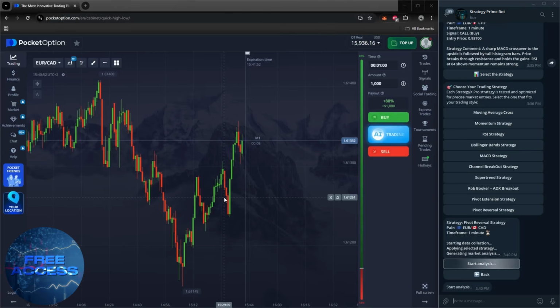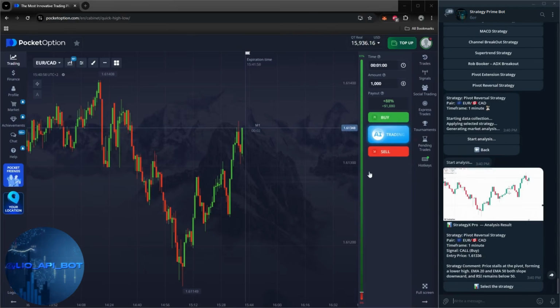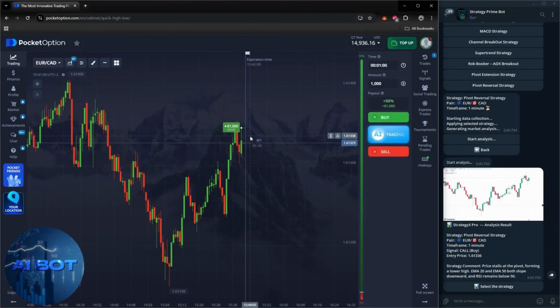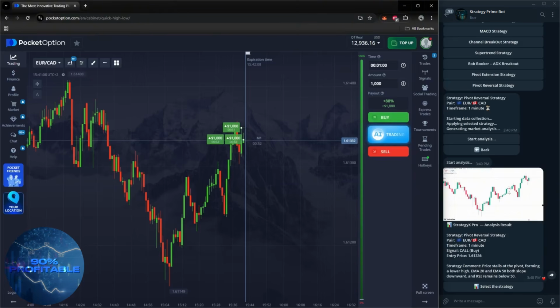The only thing that you have to do is make sure that your amount is set, that your time and your expiration time is set, and that you are ready to place your trade. And there it is, we are entering our trade right here. And also make sure to read into the strategy and understand why this trade was chosen, why this analysis was